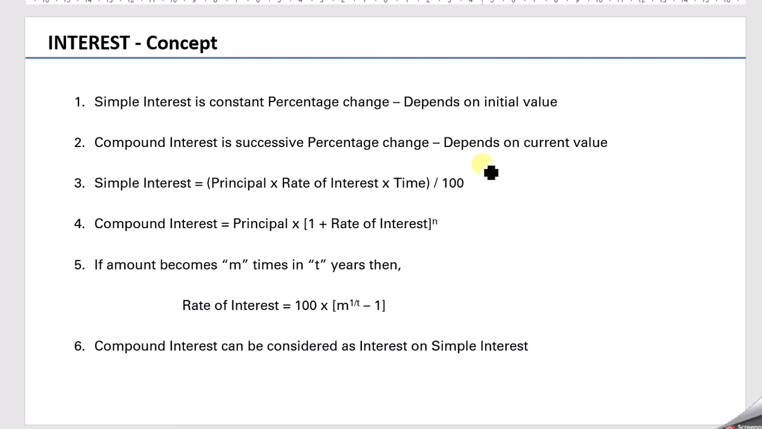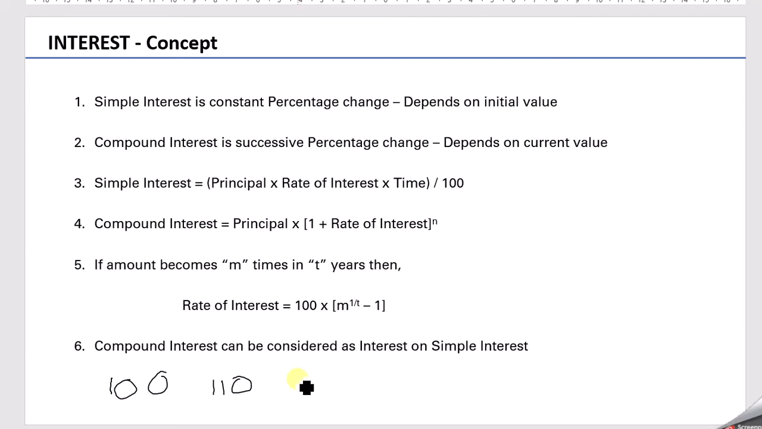Last point is compound interest can be considered as interest on simple interest. So let us look at what it exactly means. Say you start with 100 rupees, then with 10% compound interest it becomes 110 at the end of first year or first period. Then